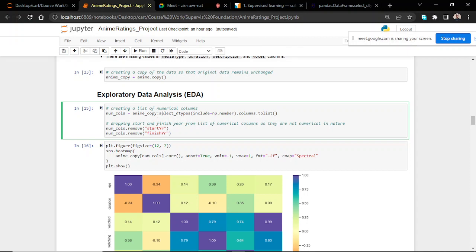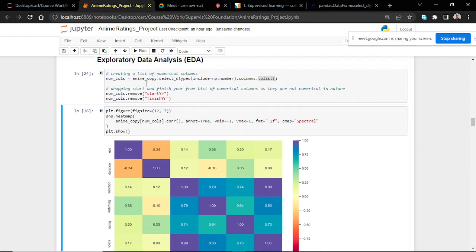So this is what select_dtypes is doing, selecting by the type of data. From the include that we just looked at, we're asking it to grab the numeric values using np.number. Then dot columns, we just grab all the columns. Then dot to list converts the columns to a list and saves everything in num columns. So if we run this,